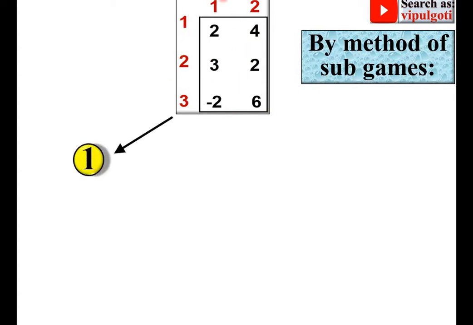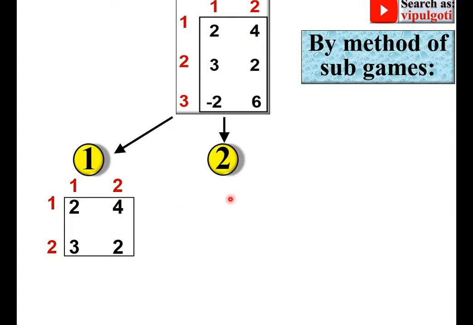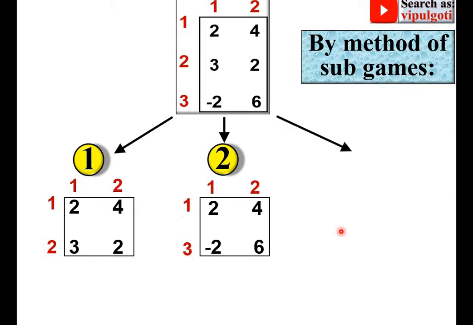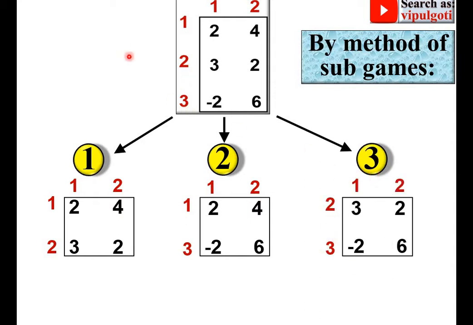So now I am going to divide this original game problem into small subgames, and that all subgames must be 2 by 2 matrix. So here I have written first two strategies. So this is the one of the subgame of the original problem. Next, second subgame problem. Here you can see first and third strategy of player X. Next, third subgame problem. Second and third strategy of the player X. So now we have to solve these three different subgames.